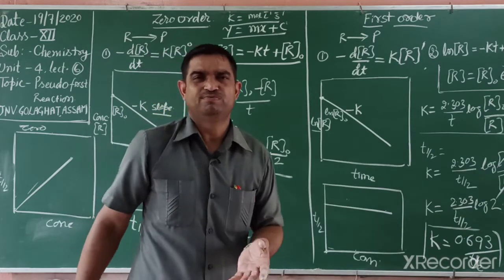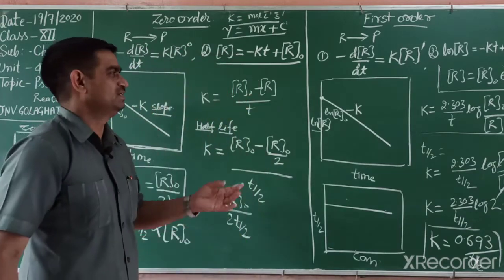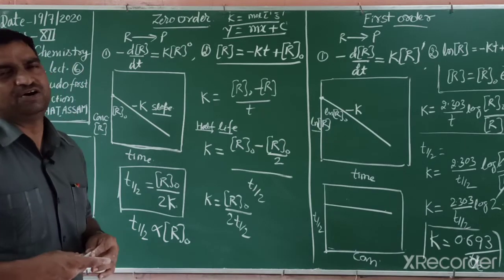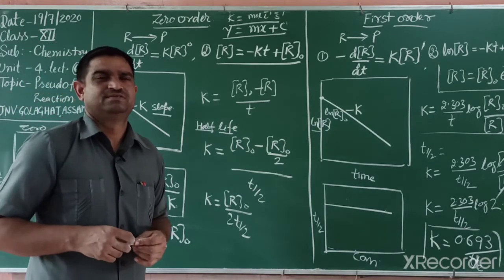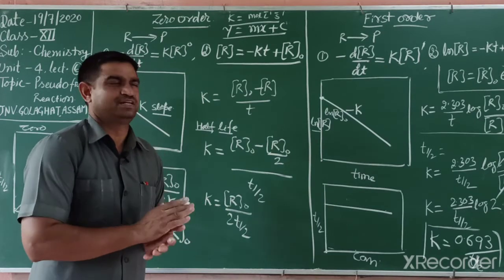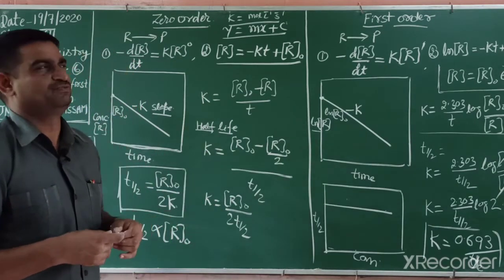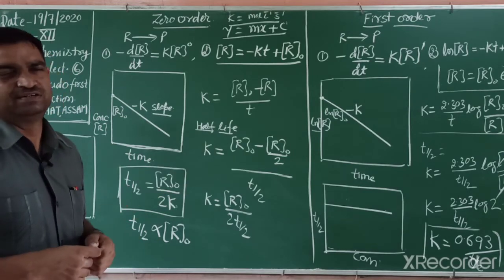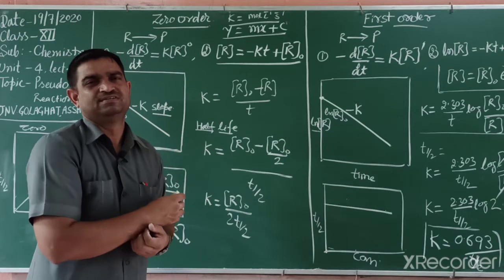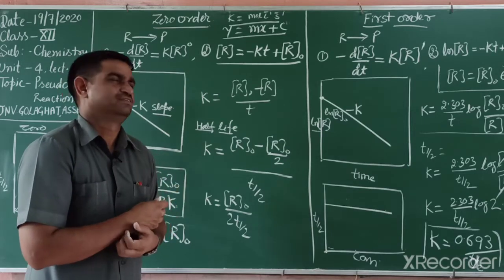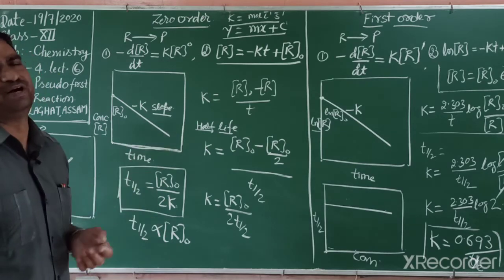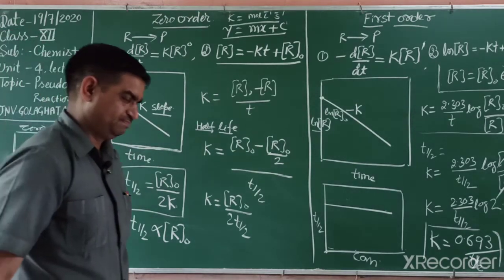First we can show it by graph, another by the unit of the rate constant. The third we can find out by the initial rate method and the pseudo-first-order dilution methods. In our earlier syllabus there are different techniques for finding the order of a reaction. That step is the rate determining step, and we can easily write the rate law of that reaction. So students, now we solve a numerical on how we can find the order of reaction.